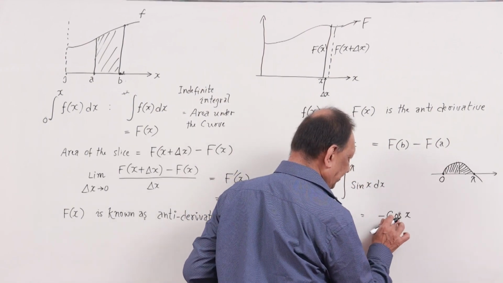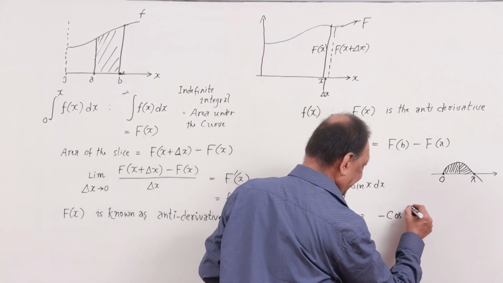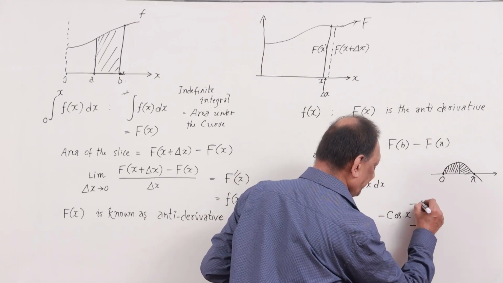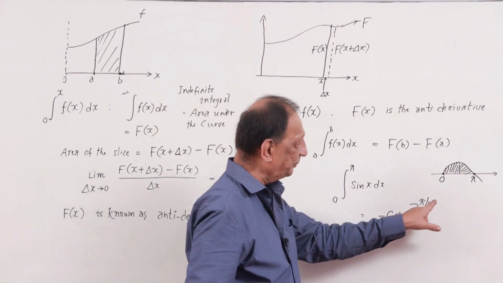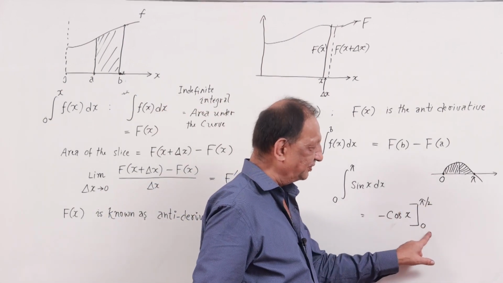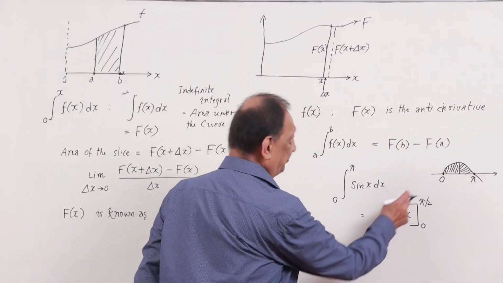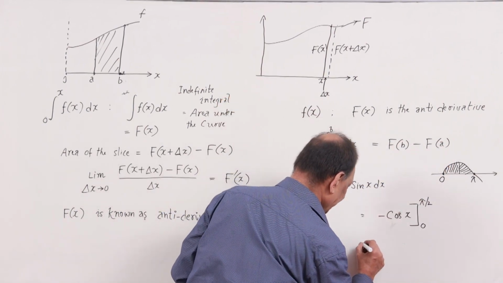And we have to evaluate from 0 to pi by 2. That is, we evaluate at pi by 2 and subtract the value of evaluation at 0. F(b) minus F(a). So, which means equal to